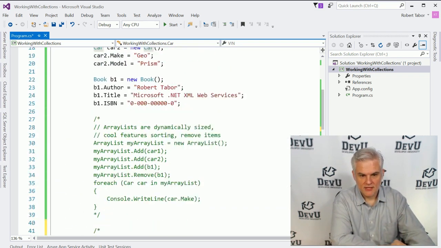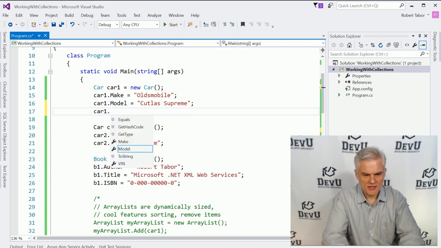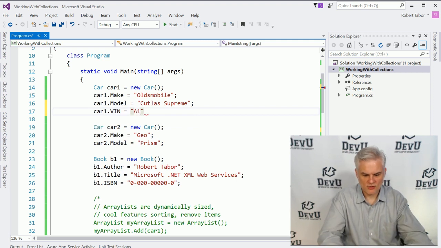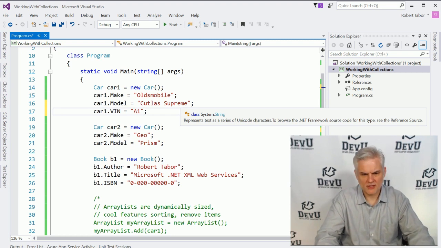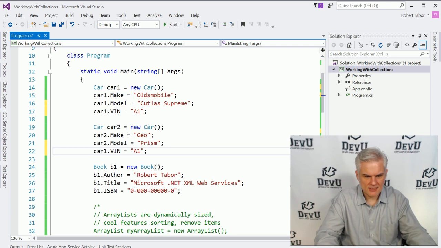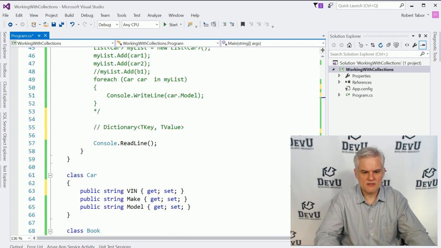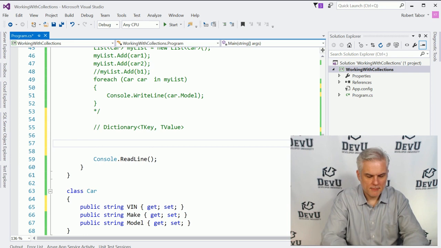been created. So what I'll do is come back up here to the definition, and I'm going to go car1, VIN, and I'm just going to use a very short VIN number. I think they're typically like 18 or 24 characters long or something like that. I'm not exactly sure, but this should uniquely identify every car in the world, especially every car on our car lot. So now what I can do is create a dictionary of my cars by starting off and saying something like